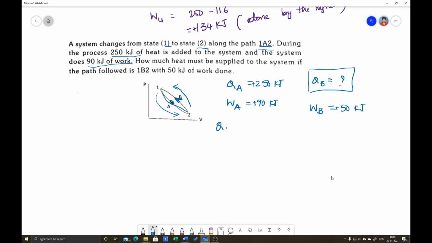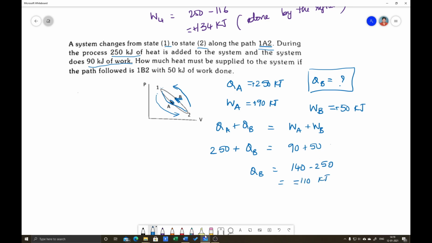So there are only two processes. So sum of heats is equal to sum of work done. So QA is 250 plus QB. We don't know the QB; you have to find the QB. Next, 90 plus 50. So QB is equal to 90 plus 50, 140. 140 minus 250, that is equal to minus 110